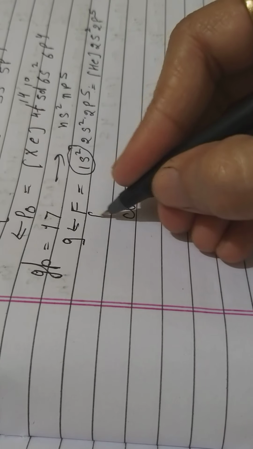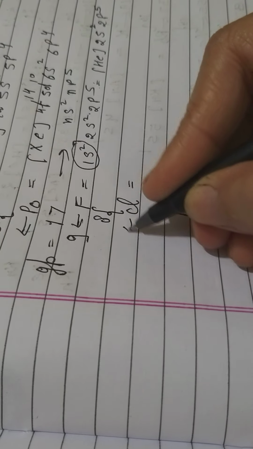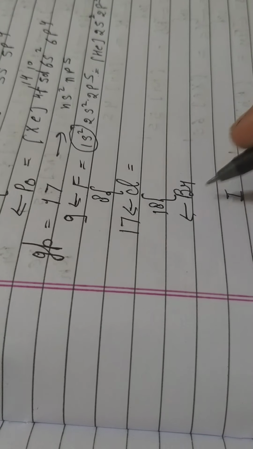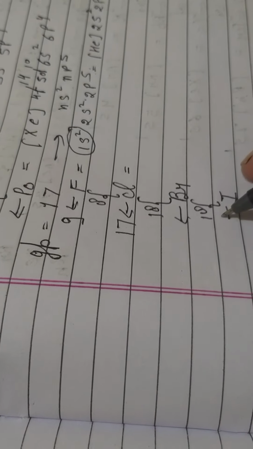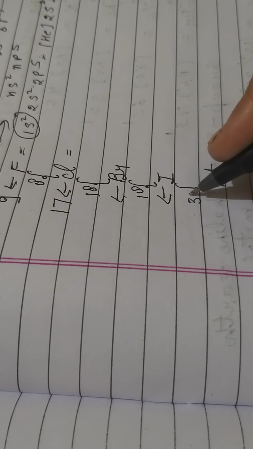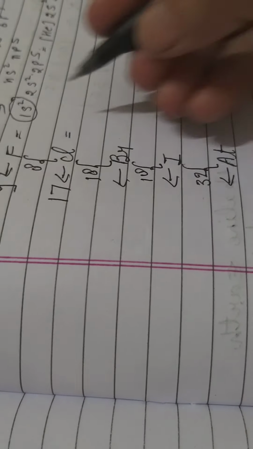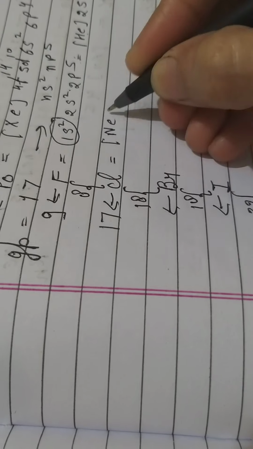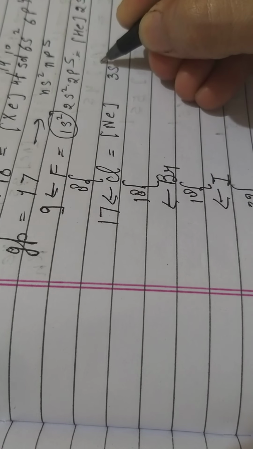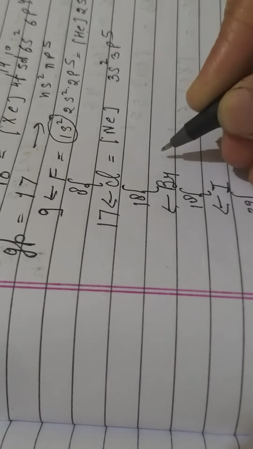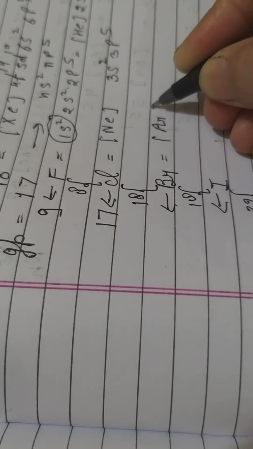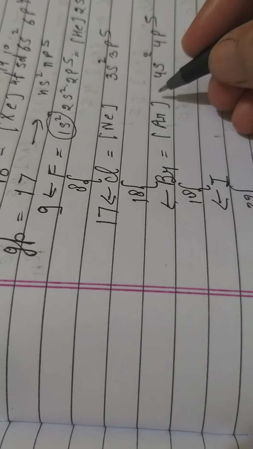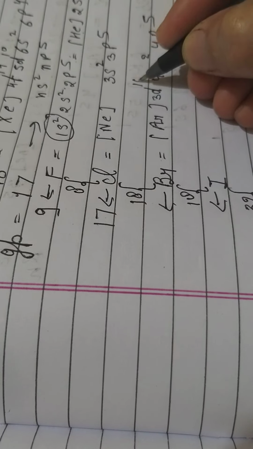And in chlorine, here what do you have to do? 8 is to be added. Now you will get there 17. Now 18 is to be added. Again 18 is to be added. And after that, at last 32 is to be added. Okay. Now in place of helium, here you have to write neon. It becomes 3s2 and 3p5. After that, argon. Here you have to write 4s2, 4p5, but as the fourth period starts, D block also starts, so you have to write 3d10.